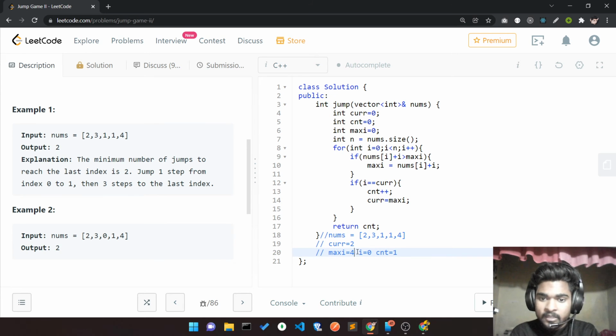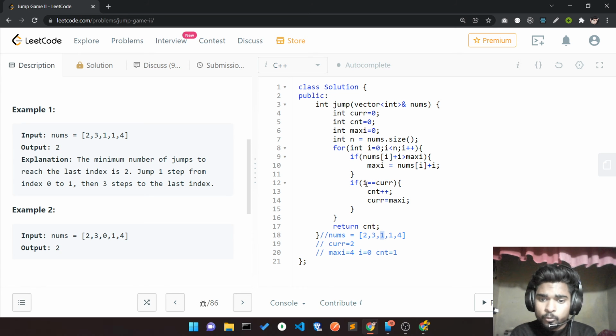So I'll update my maxi to 4. After updating I'm here, i is equal to 2 but my current is 1. i is equal to 1 and my current equals 2, so this code is not running. Again I'm reaching i equal to 2, at the position i equal to 2 it has the value 1, so 2 plus 1 is 3, and maxi is greater than 3, so this also does not run.